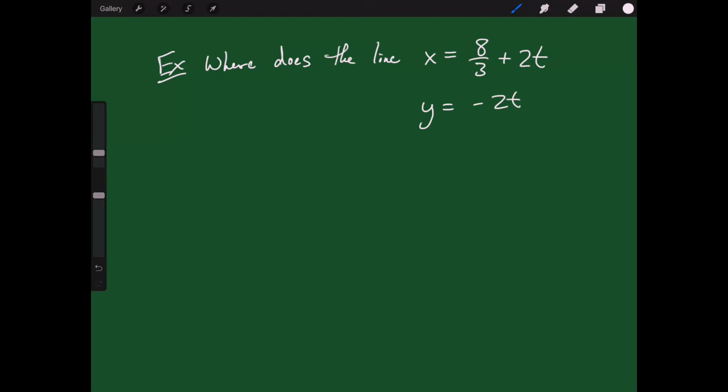Okay, let's try one more example. So where does the line x equals 8/3 plus 2t, y equals negative 2t, z equals 1 plus t, intersect the plane